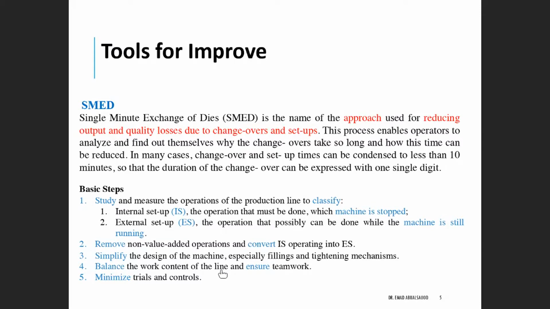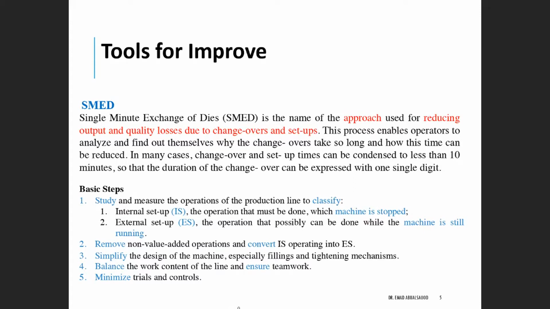Try to have your internal setups, if they need to be done while the machine is working, not have any trials, meaning the operator doesn't have to try and make sure that this device fits this equipment or this component fits that machine. If you reduce this time of the trials, that will also reduce the internal setup. So any dimension you can take in changing the internal setups into external setups will work and serve